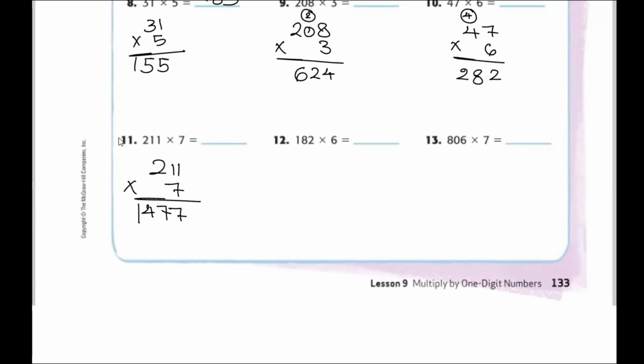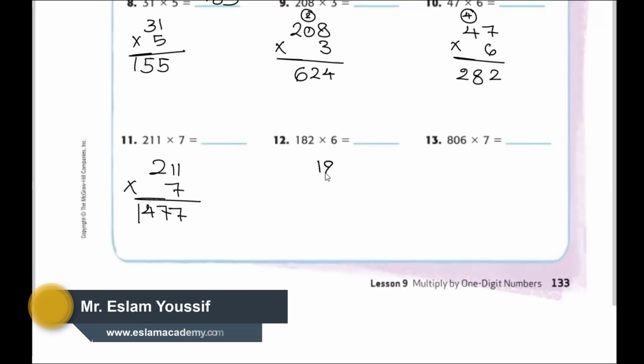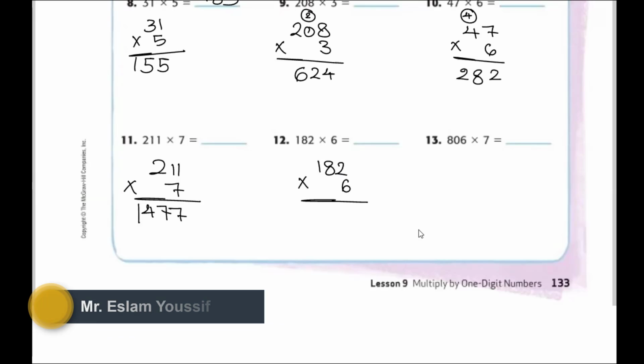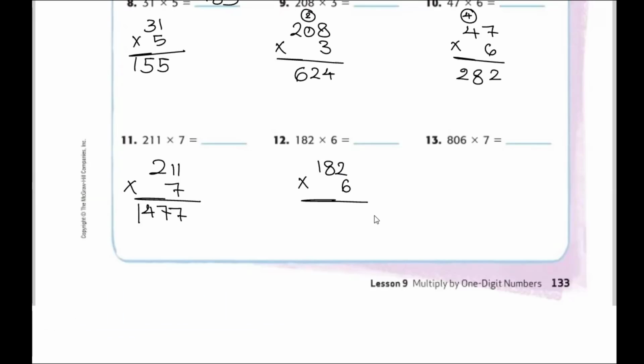Walid, 182 times 6. Okay, 6 multiplied by 2 equals 12. We put the 2 and we put the 1 up. Yes. And then